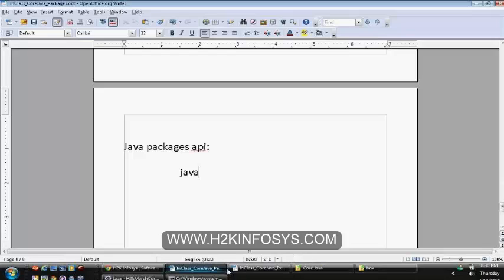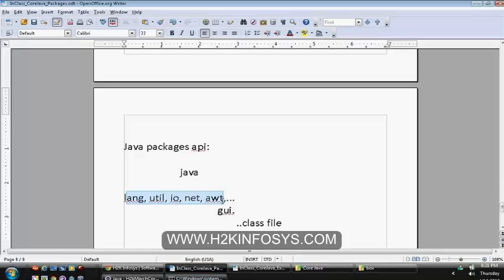The top level package is java, and inside this it consists of nested packages like lang, util, IO, net. There are plenty of other packages available, and some of them can contain nested packages as well. And again, it consists of a lot of .class files.